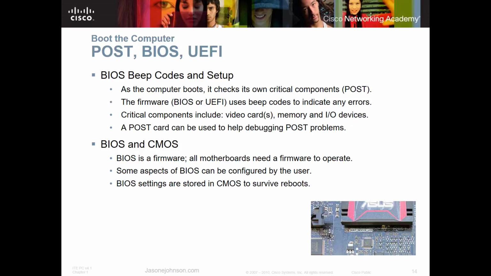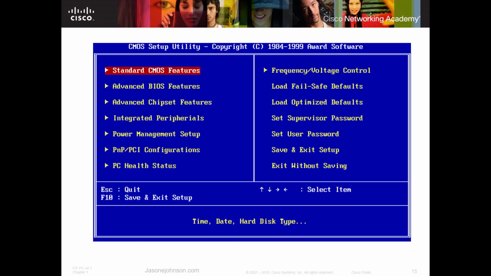On this next screen, I'm going to show you an example of a BIOS. You usually just use your keyboard to move around. You don't have mouse features with most BIOS. Some of the newer ones do have some mouse functions, but for the most part, they're still just keyboard driven. Different BIOSes have different features depending on the motherboard, so you just need to consult with the BIOS manufacturer and the motherboard manufacturer to find out what features your motherboard has for the BIOS.